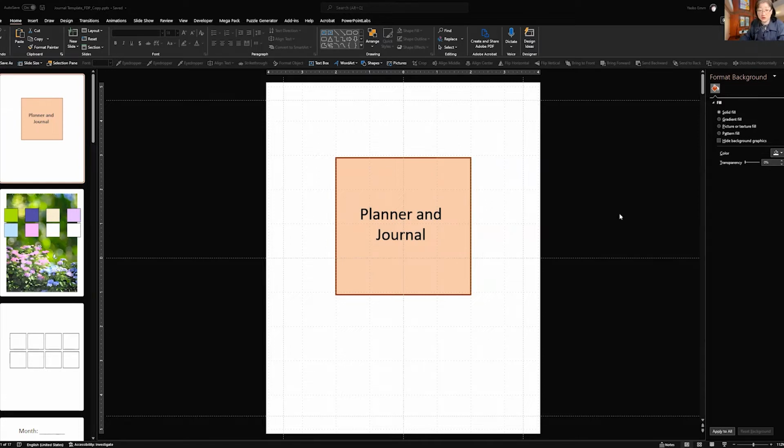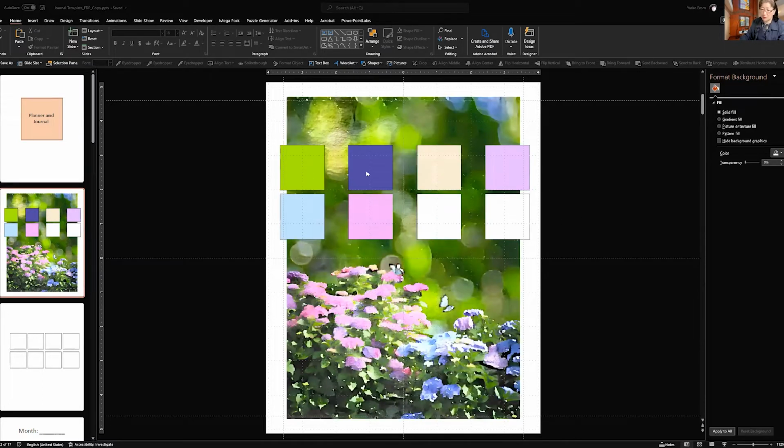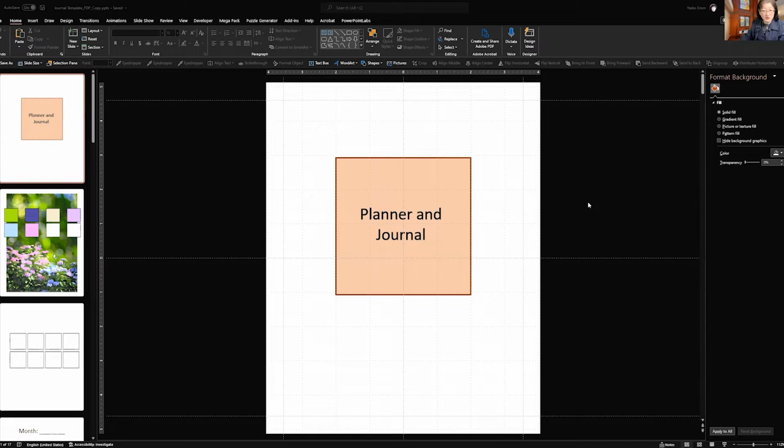Today I want to show you how to change the theme color in PowerPoint in a relatively easy way. Unfortunately, PowerPoint still doesn't have an easy way of adding colors to the theme colors, so you have to tediously add the colors one by one. But that's the best and easiest way to change the template from this into